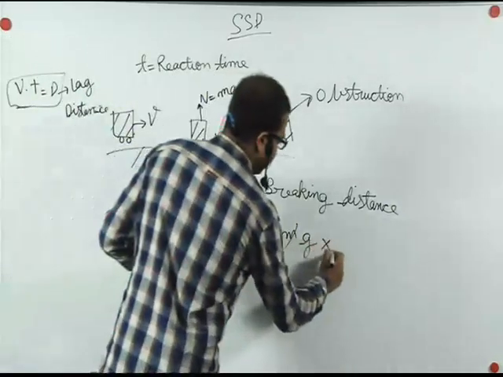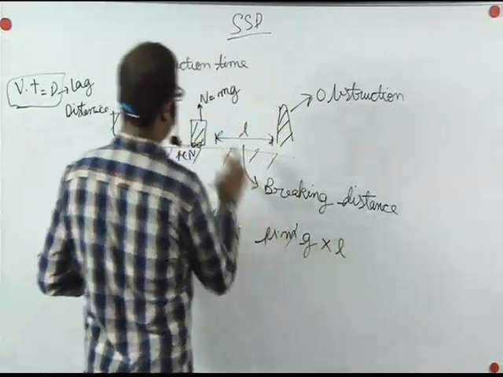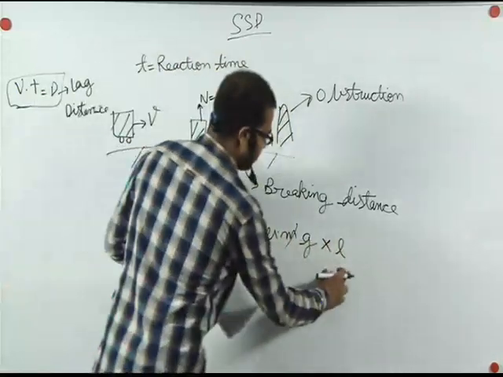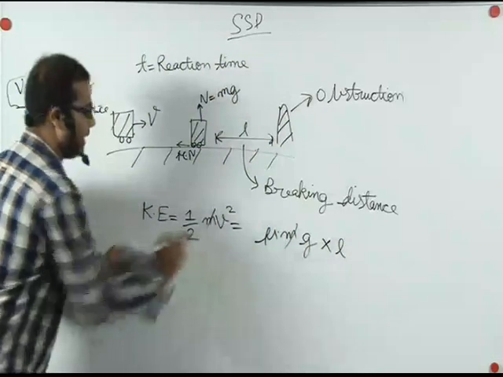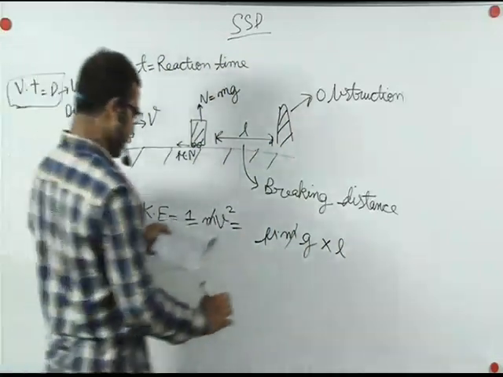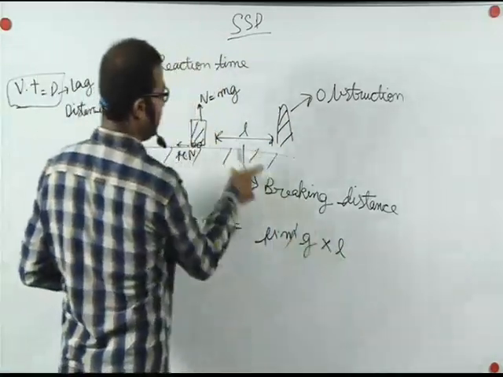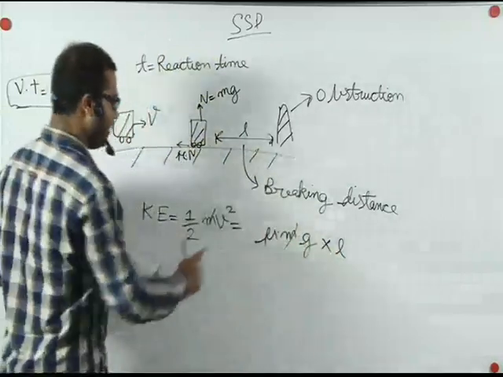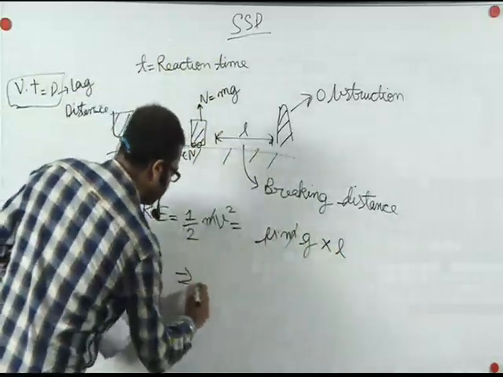Okay, there is also a component. This is mu mg, the normal reaction force, into displacement. This much you have to equate with kinetic energy. Thus, you will get the value of L. We have to find L, the braking distance. This we require. So, L is equal to